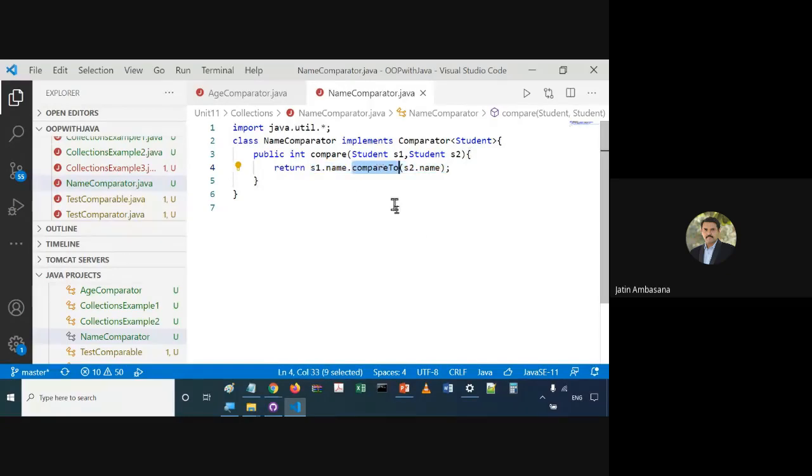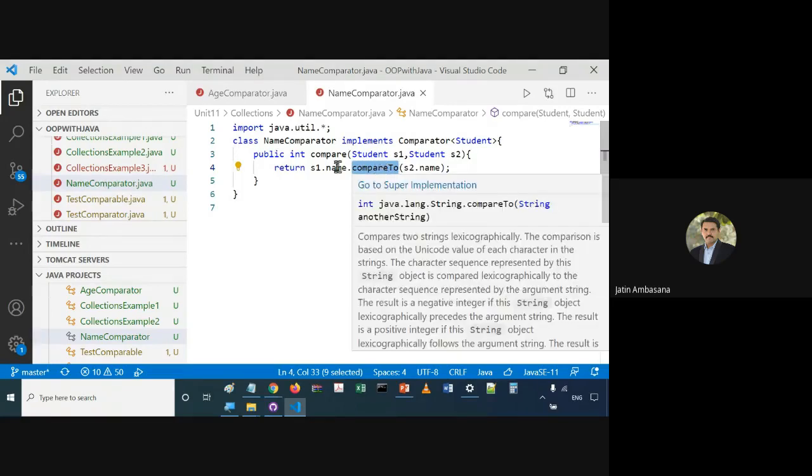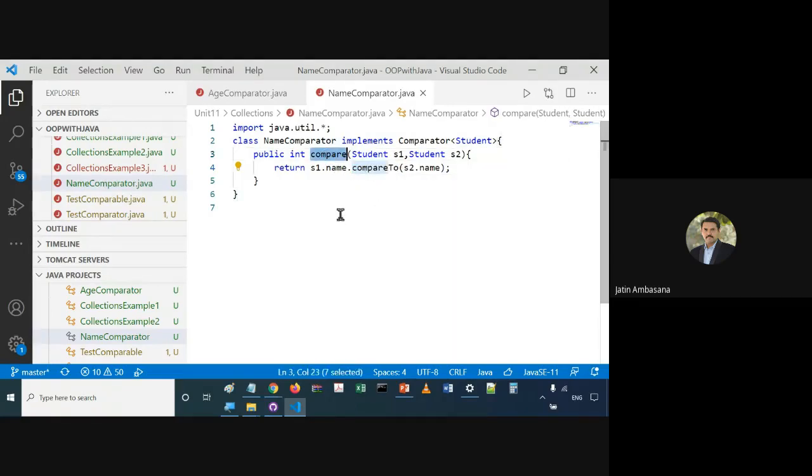Accordingly, this compareTo method of the String class will return 0, 1 or -1. Okay, it even returns -2 or +2 or something like that, right? So a positive value, a zero value, or a negative value will be returned by this compareTo method, which will in turn be returned by this compare method.